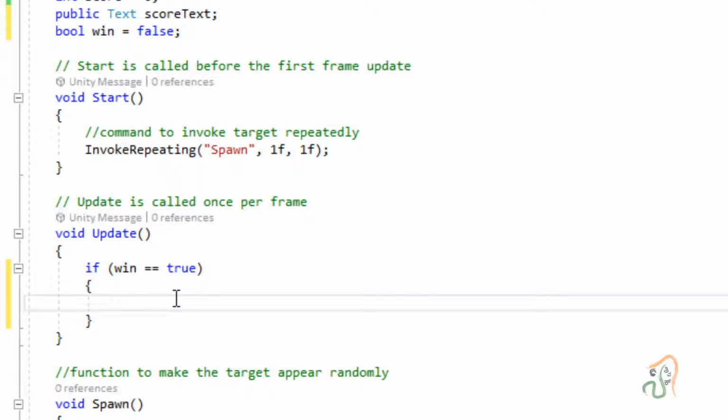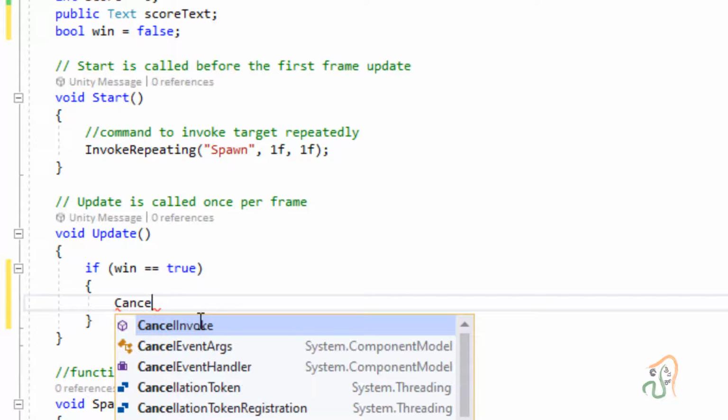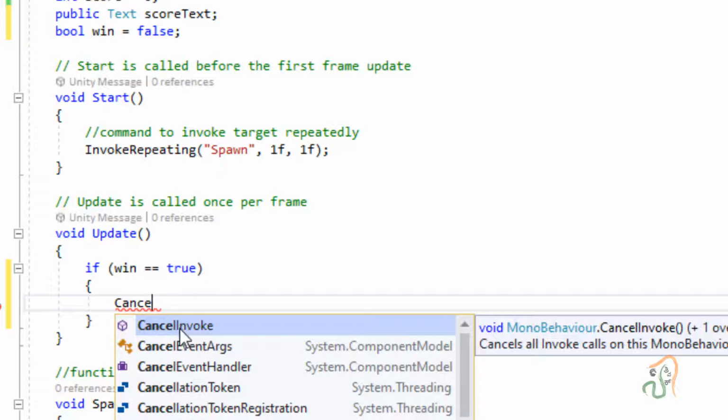So when this win condition is true, we are going to call another function, and this function is CancelInvoke. You have this function.